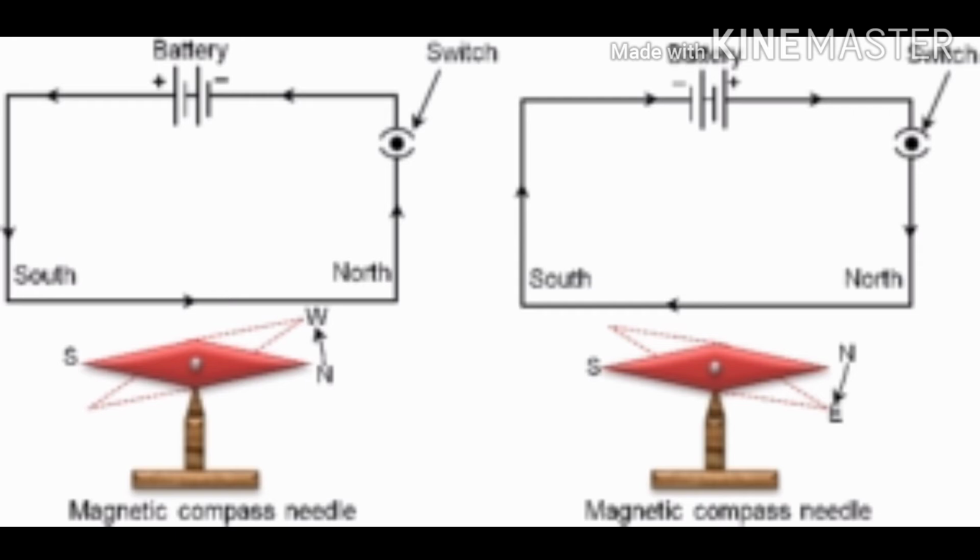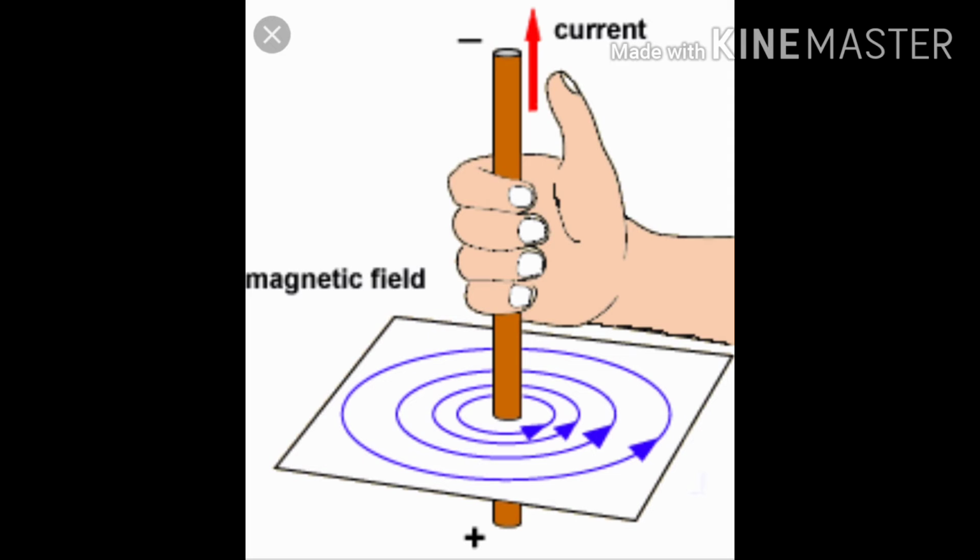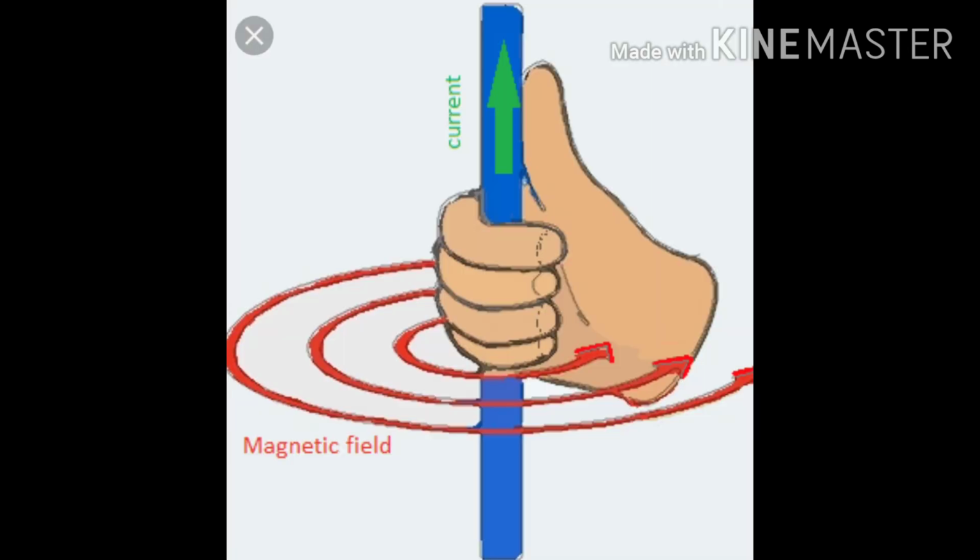So how will one know where the magnetic field lines are generated through a current carrying conductor? That conductor is straight, basically a wire. So we have to take our right hand, and our thumb will point in the direction of the current, and the remaining four fingers we will curl, and that will denote the direction of the magnetic field. So if current is going upward, you have to put your thumb in the upward direction, and the curling of the fingers generates the concentric circles that are magnetic field lines.